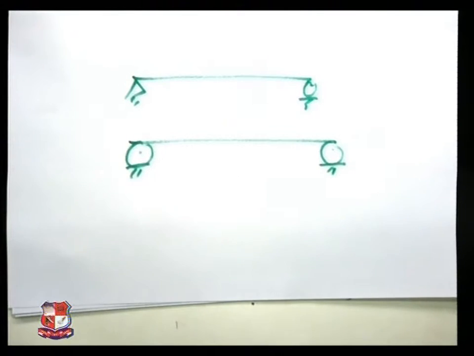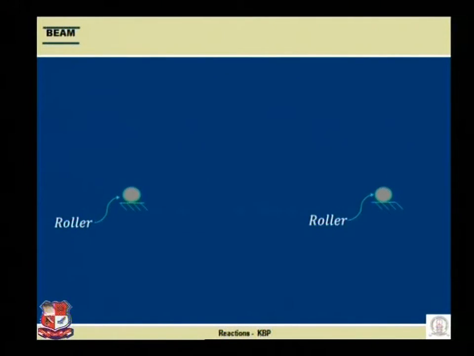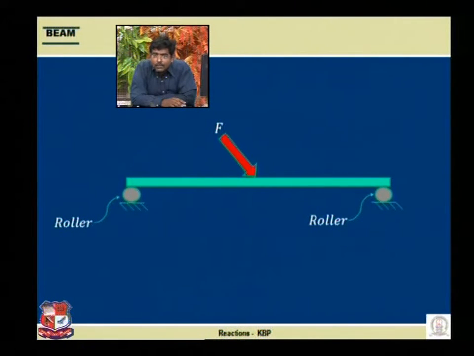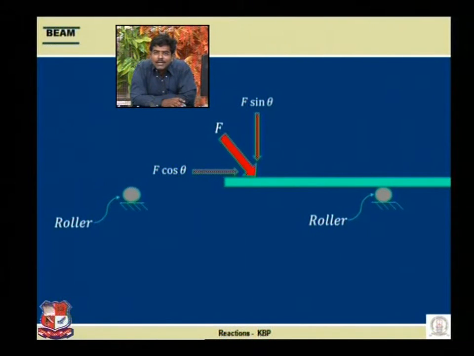Now see over here with this animation. Two roller supports are there. The beam is provided over here. Now, any force, a point load, is acting, an inclined point load. There are two components of this point load, horizontal and vertical. The horizontal component leads to horizontal displacement of the beam. Please see this animation clearly, and this leads to an unstable beam. So a beam which is supported on two roller supports is an unstable beam, and is not called statically determinate